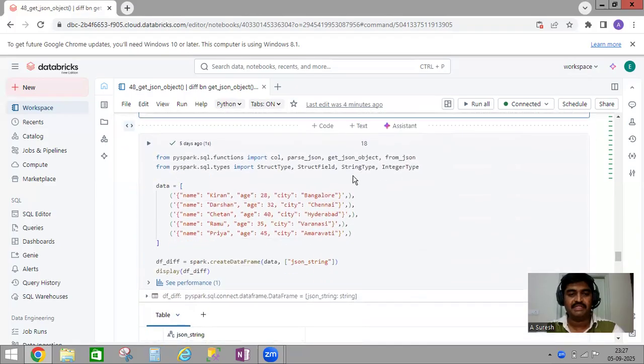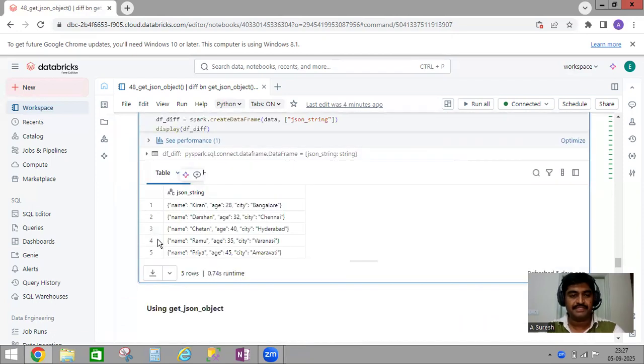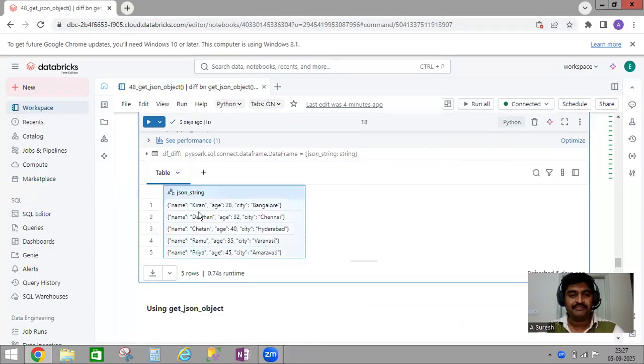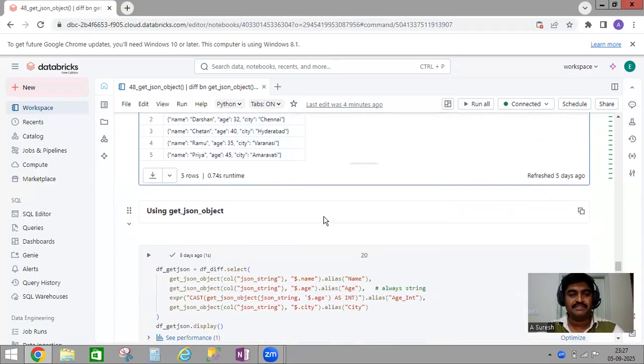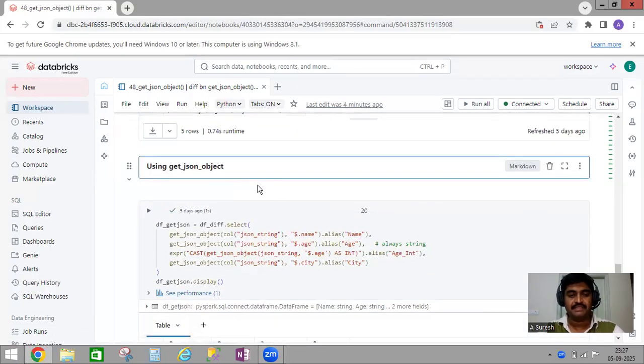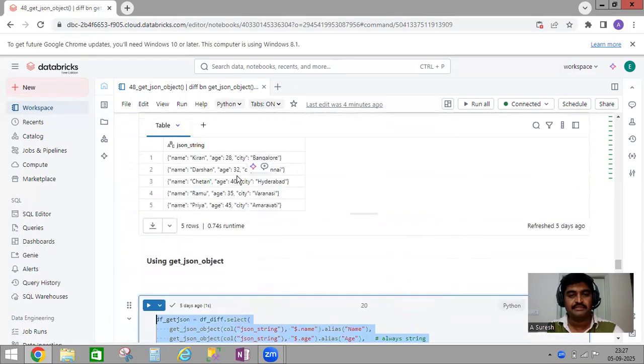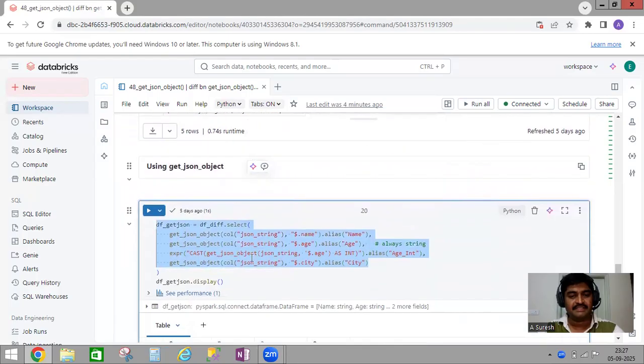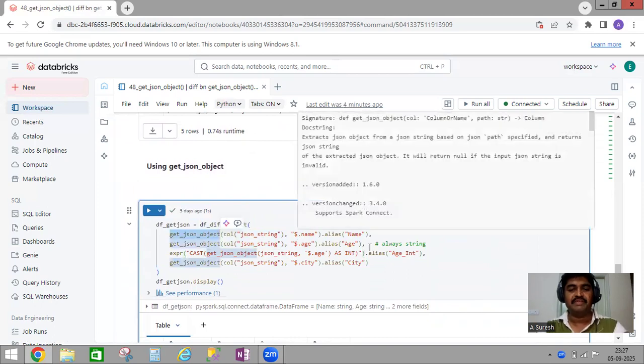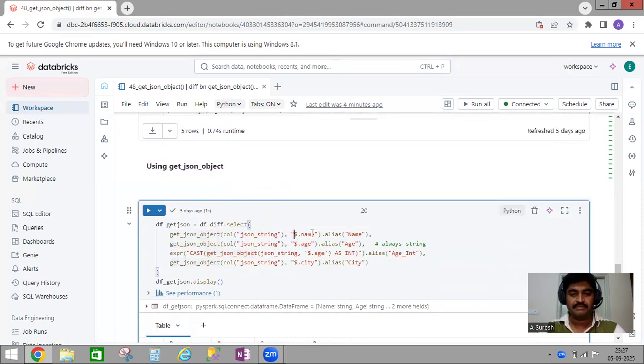I'm giving just a high-level view. Here I'm creating one flat JSON. If you see here, this is my JSON, and this is string type. On top of this, first I'm applying the function get_json_object. We already saw how to extract the values from the JSON string: we are directly accessing the elements using this, without converting to either struct type or variant type. We already discussed how to access $.name, $.age,